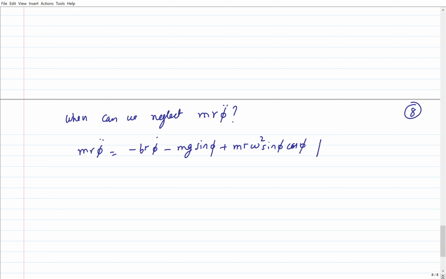So make this ODE into a dimensionless ODE, sorry, and then do dimensional analysis. Which is a very powerful way